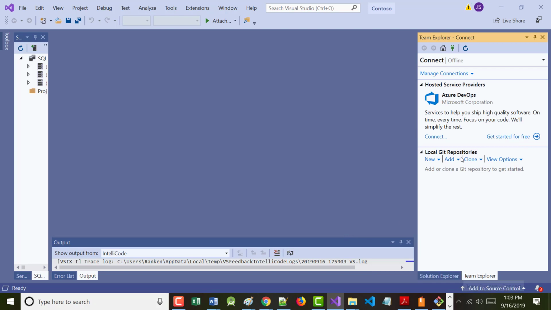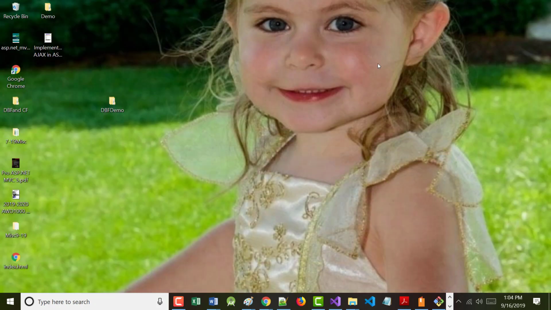So when you start looking at what's right here, and I'm not sure exactly why, it's got Local Git Repositories, New, Add. It doesn't look exactly the same as mine. I'm not going to worry about it. We're still going to do the best we can right here. So the next thing I want to do, I want to add a local repository, or not. No, we already did the clone, so that should be in there. So let's take a look in here.